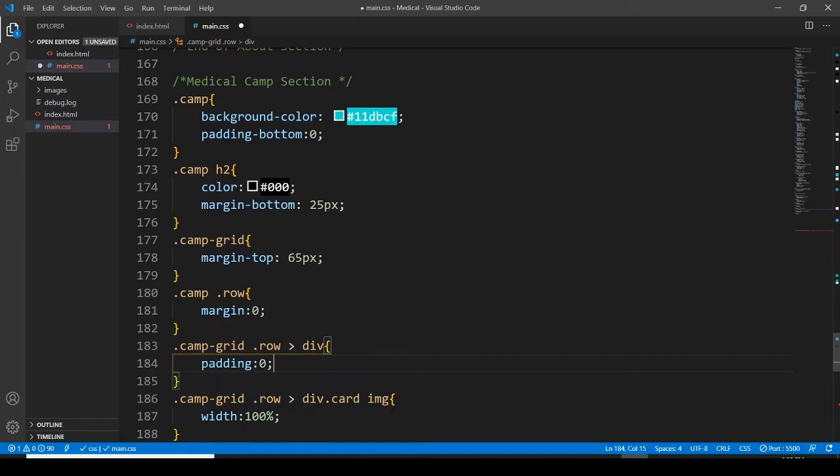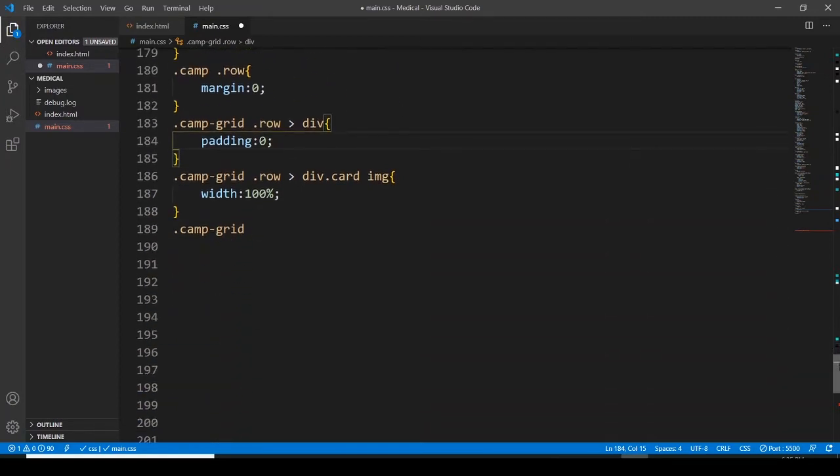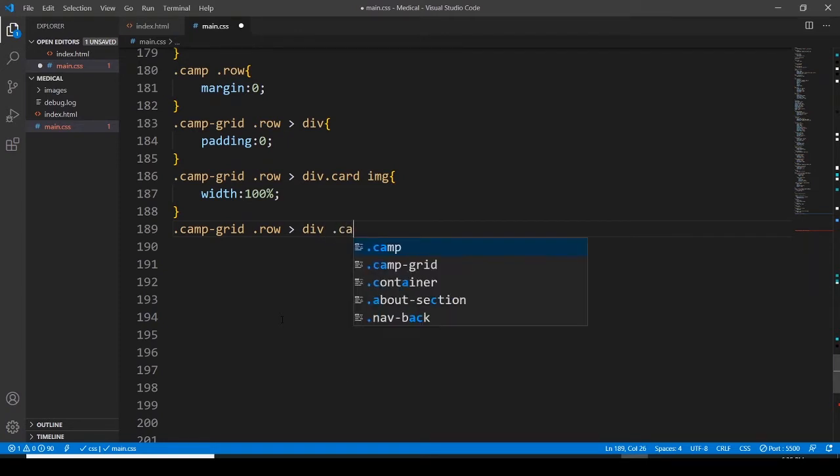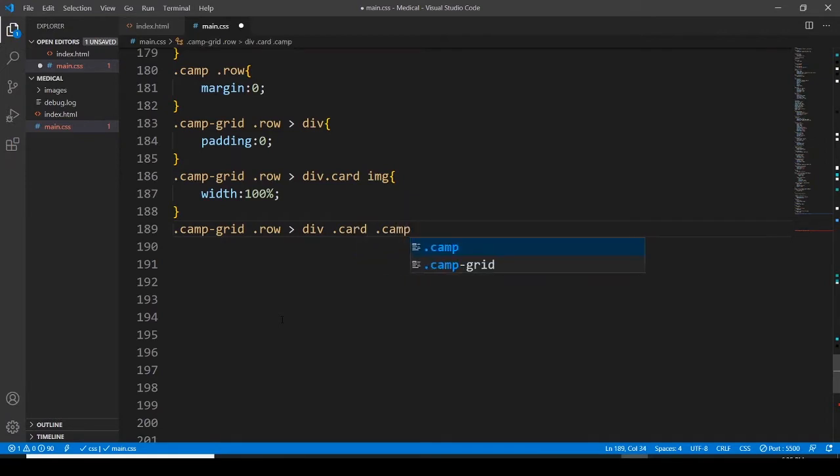Then camp grid, raw, and car image is going to be car img, not image. It's going to be 100%. Okay, now I have to go with this camp grid class, which has a raw class, and then it is the parent to this div, and then this div has a card class, and then has a camp text